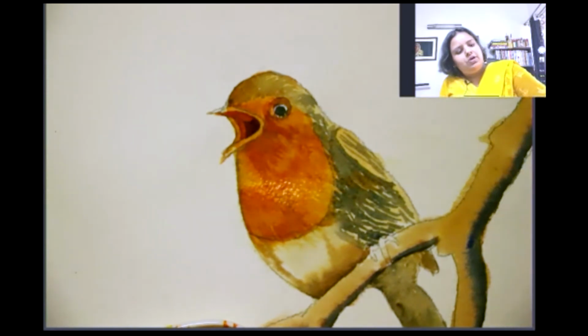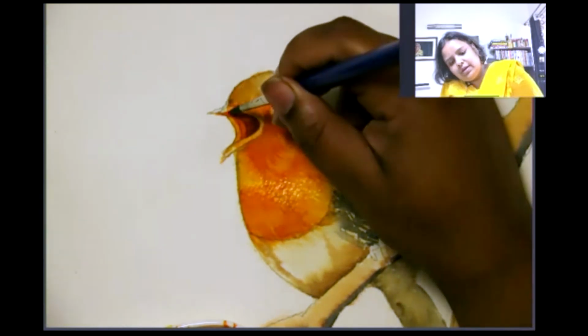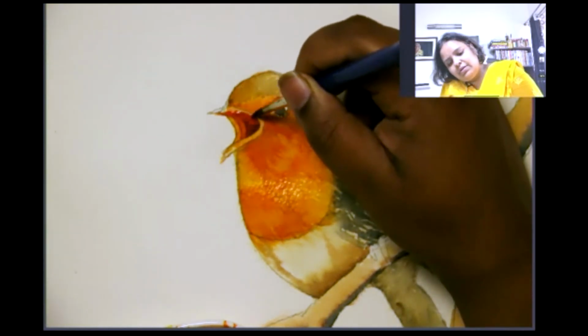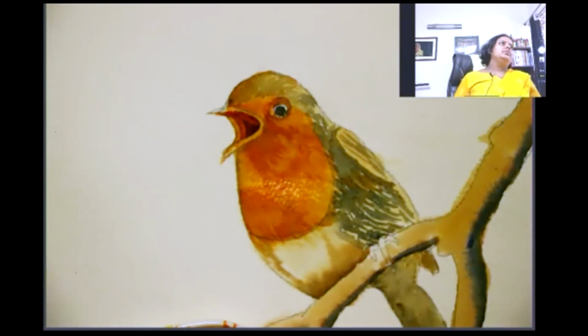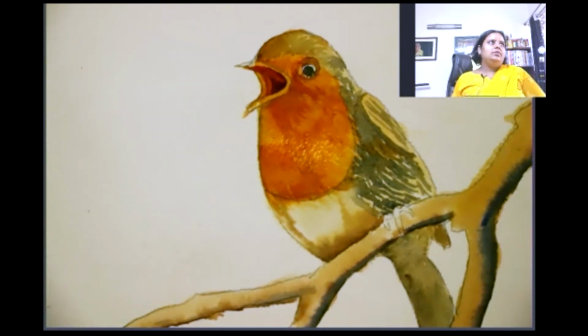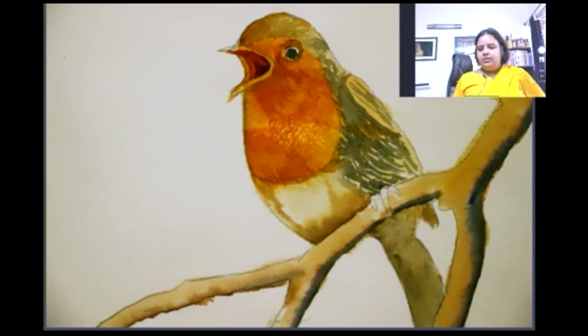I am using clean water now and blending this area out. So gradually, layer by layer, we are building the bird. So let this dry. It's almost done.